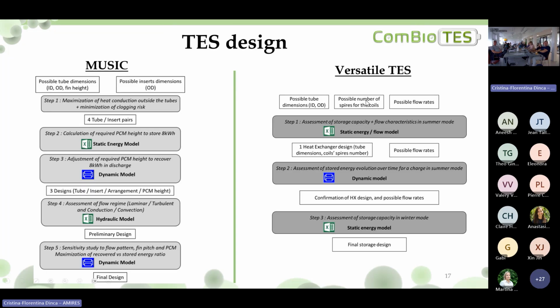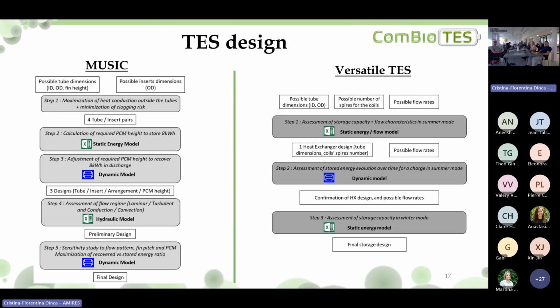We insert the size of the tubes, the configuration, so the size of the fins, the density of the fins, and so we have this kind of screening. At the end of this step,